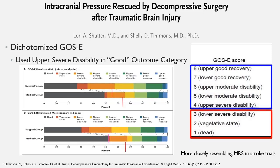This study used the Glasgow Outcome Scale Extended as the primary outcomes measure. However, in the dichotomized GOSE, a score of 4 was categorized differently than past TBI trials had done to reflect a more realistic assessment of functional outcomes. Those with upper severe disability are largely independent in the home and may need assistance with certain activities like traveling or shopping, as previously discussed. By contrast, lower severe disability patients are generally confined to an institution or require nearly continual support at home, making this breakpoint more logical. This categorization is also similar to the modified Rankin scores typically used in stroke studies, as